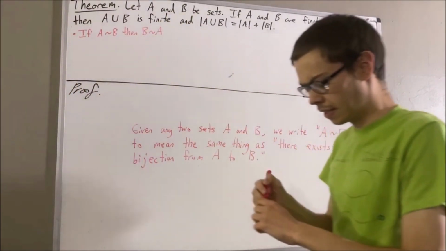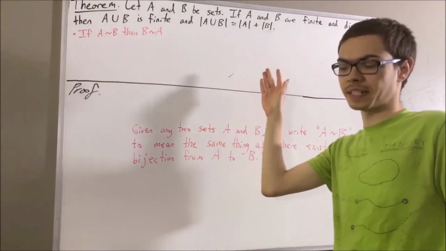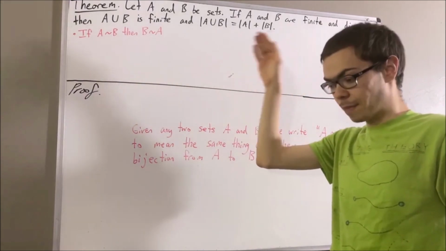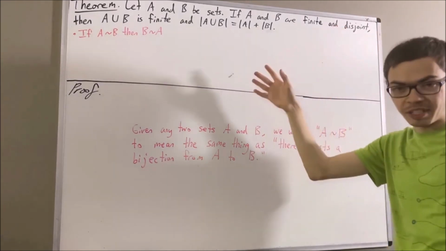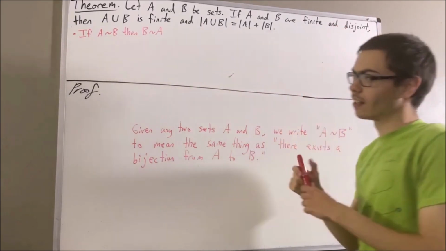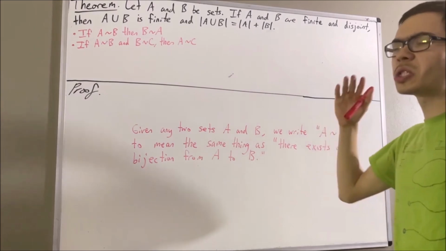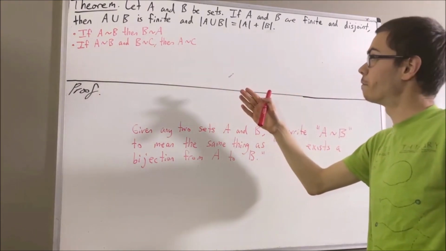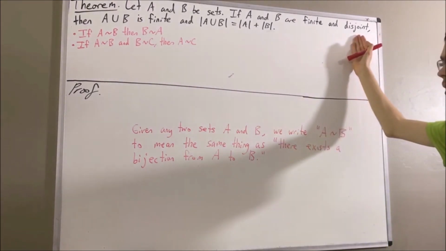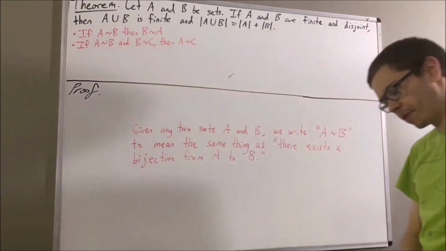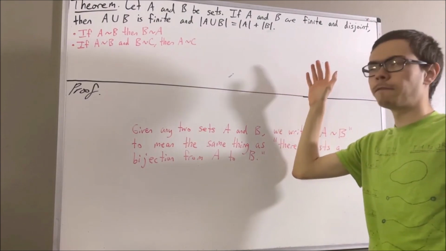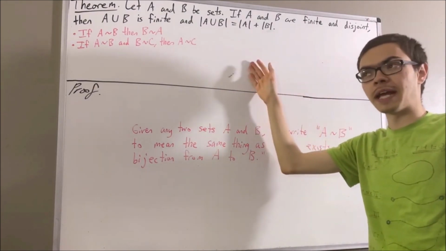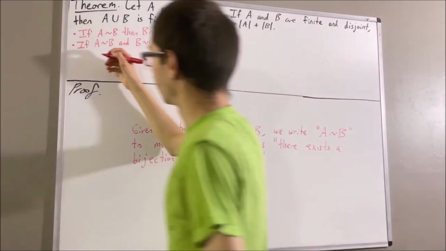Another property is, given any three sets A, B, and C, if there exists a bijection from A to B, and there exists a bijection from B to C, then there exists a bijection from A to C. There's also a property of bijections involving disjoint sets. And the property goes like this. Given any four sets, A, B, C, and D, if there's a bijection from A to B and a bijection from C to D,